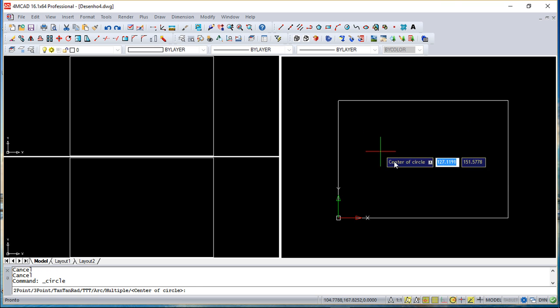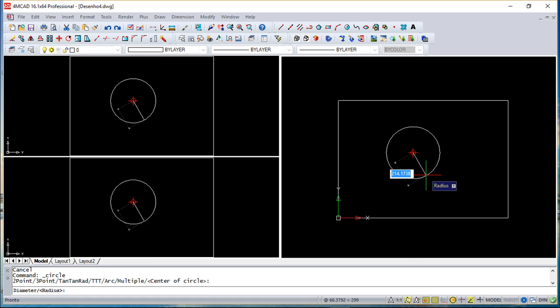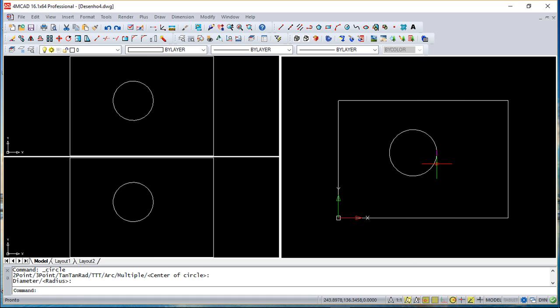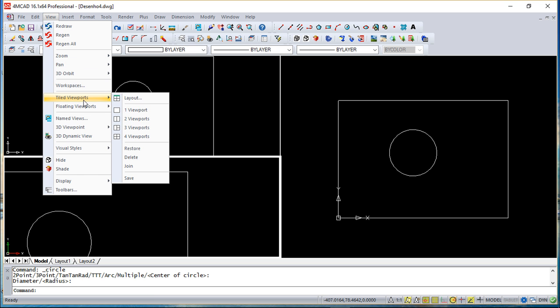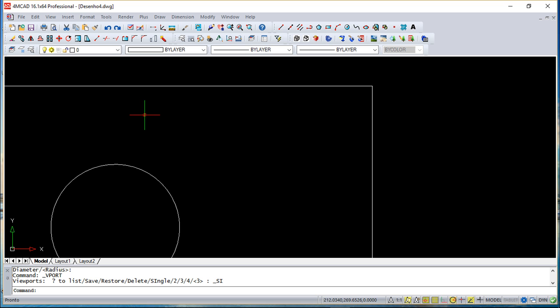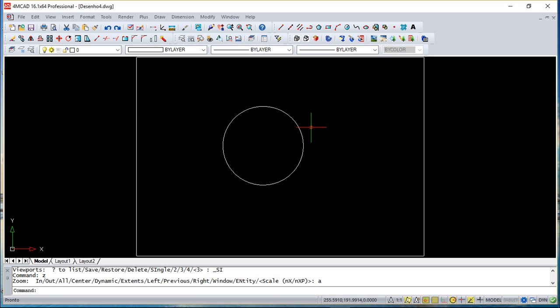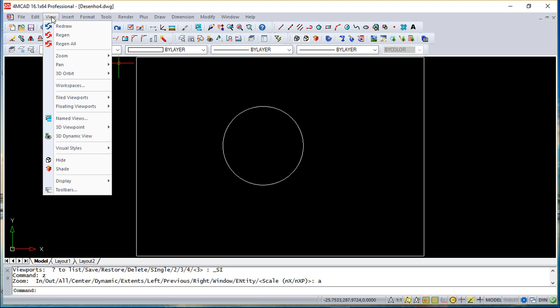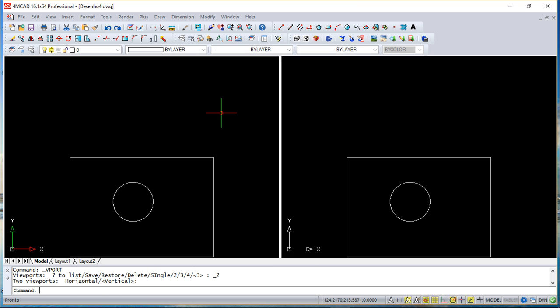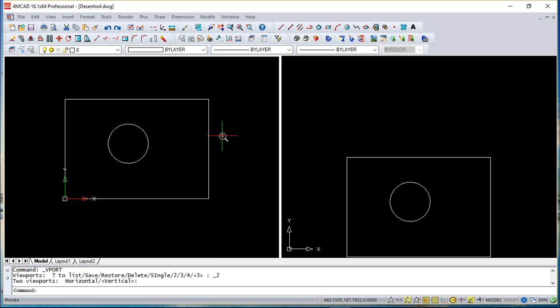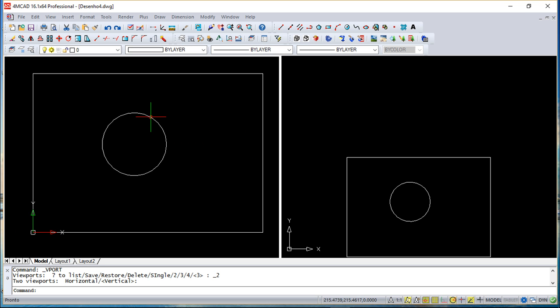And because these are views of the same drawing, you see that every time I do something in one of the views, this is updated and displayed on the remaining ones. Okay. In any time I can come here and say one viewport, okay, and I will be again with the same configuration. Or if I do the tile viewports and I can create whatever I want, I can, for example, save